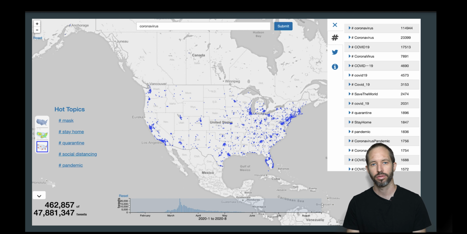Twitter users are also disproportionately likely to be non-white. And so here, again, we're getting a sense of what's going on from a part of the population that is not representative of the entire population. There are, of course, interesting questions we could ask looking at non-white populations. If we were looking at, for example, whether the virus is spreading in minority communities more quickly, Twitter could provide an interesting lens, but it wouldn't be the end-all be-all.